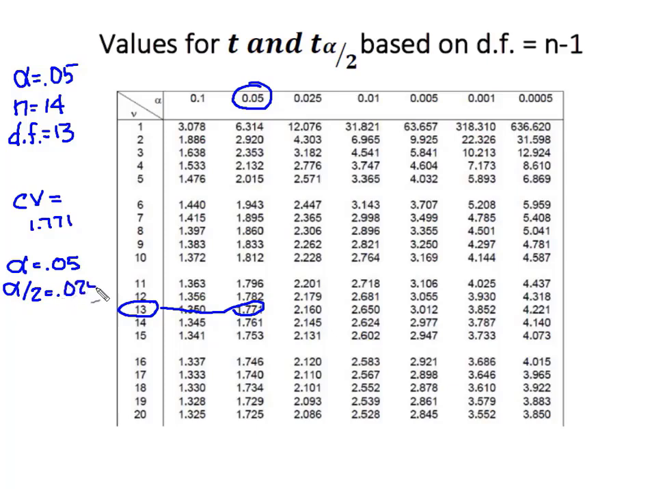If I had my same n of 14, that would give me 13 degrees of freedom, and I would have come over to my 0.025 as my column. I would have stayed with my 13 degrees of freedom as my row. That would have given me my critical value here of 2.160. So remember, when we're using a t distribution, there are no